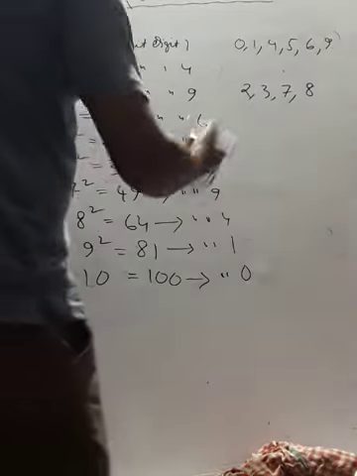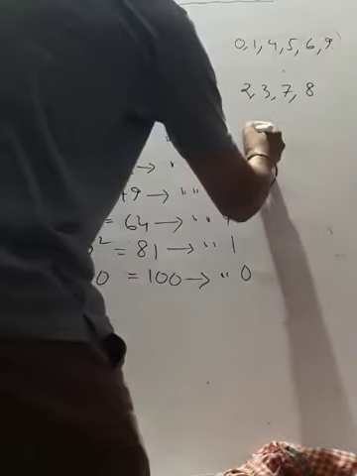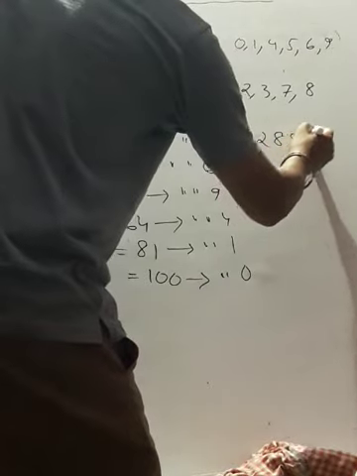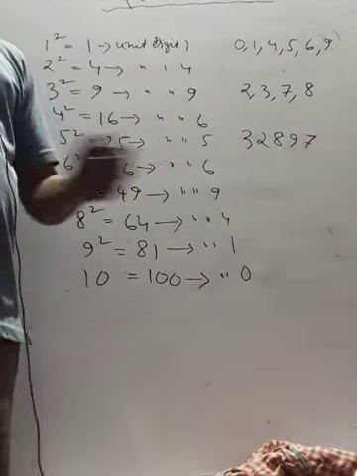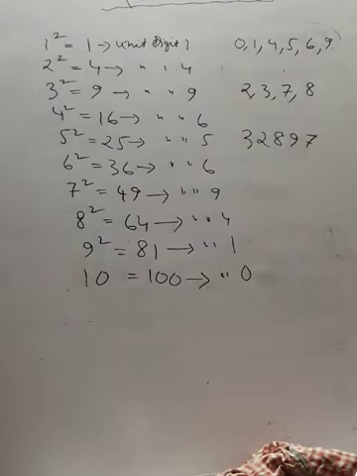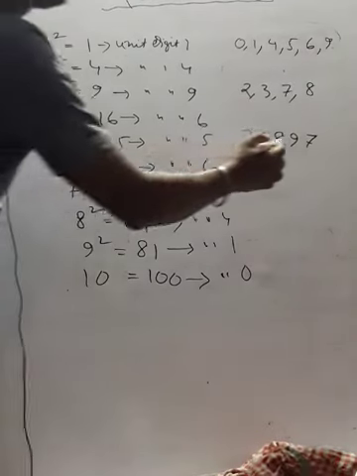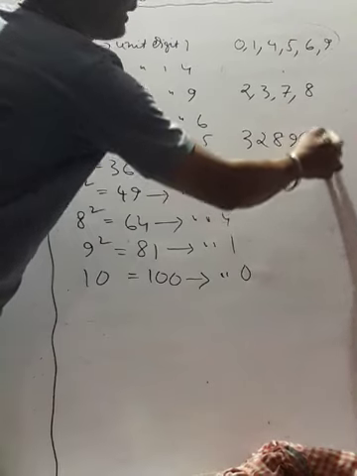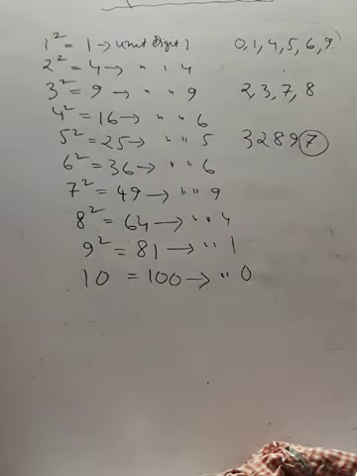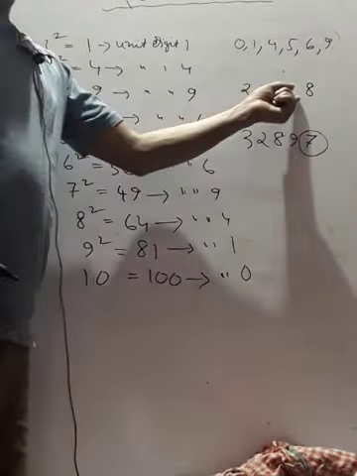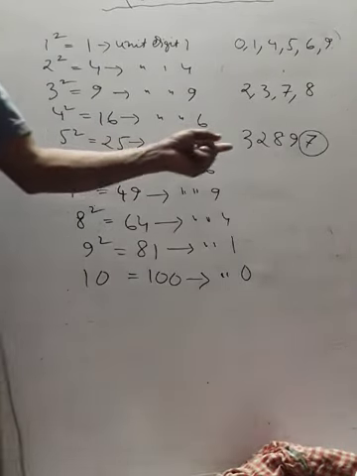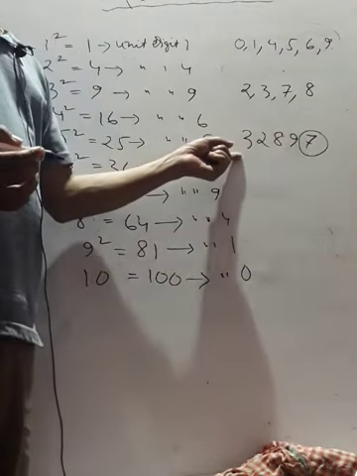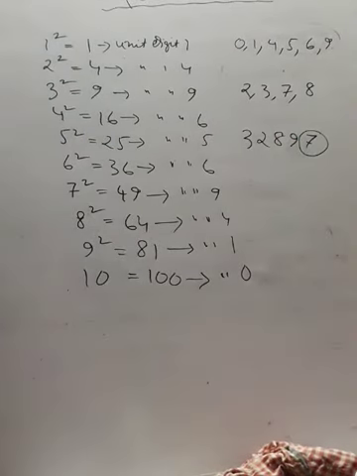Suppose I take an example. I give a number 32897. Now, in order to determine whether this is a perfect square or not, first of all I have to see the digit in ones place. It is 7. If it is any of these numbers 2, 3, 7, 8, then I have already said that it will never become a perfect square. This number will never become a perfect square. You can check it by doing a sum.